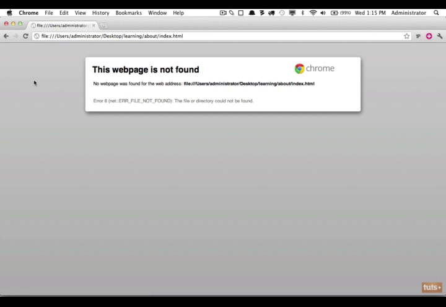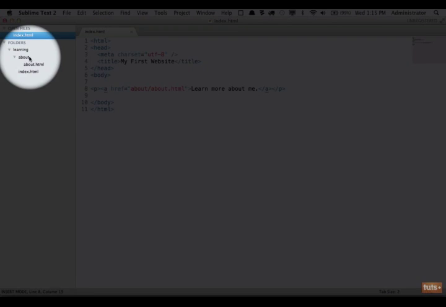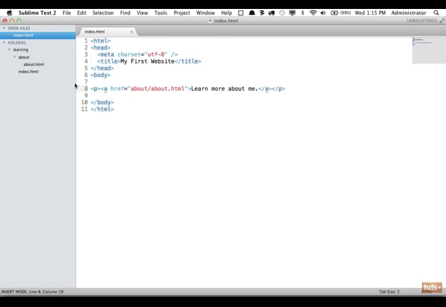But we also must remember the same is true for linking out of directories. This link will not work as well because now we're trying to link to index.html within the about directory, but of course that's not contained within there. So to go up a directory, meaning from the about, go up to the next parent directory and then look for a file called index.html, we do ../